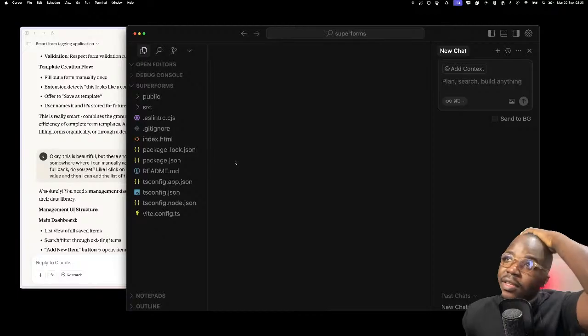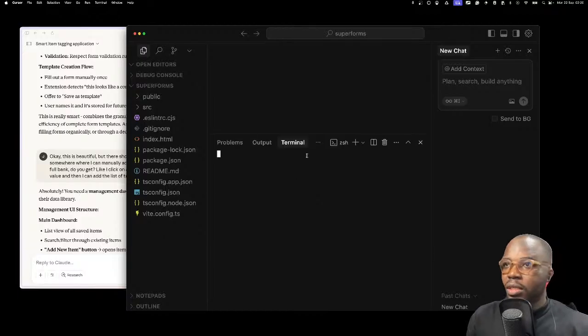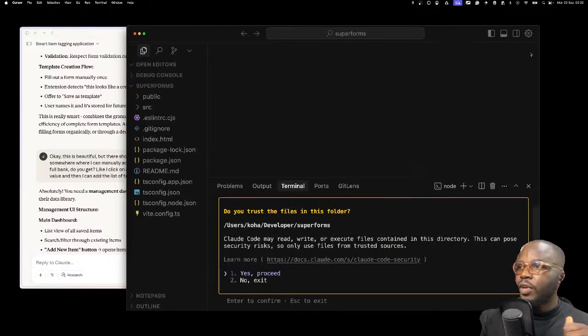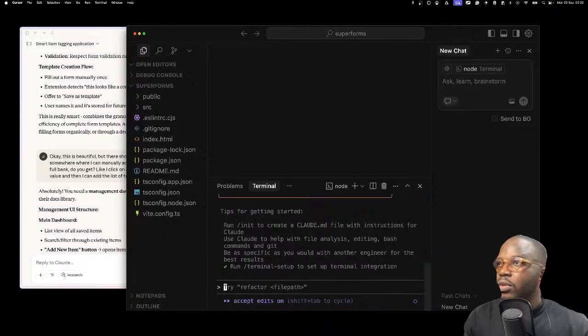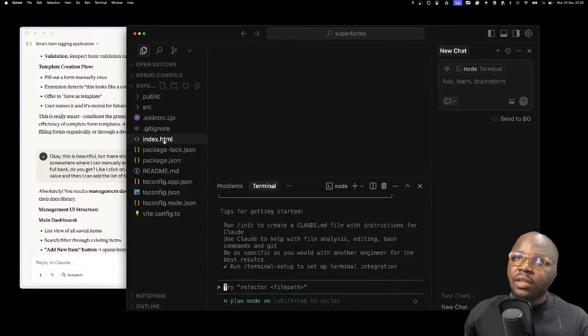All right. So this is the Chrome extension boilerplate that I just cloned. I don't understand what's going on right now, but I'm going to just turn on Claude. What you just do is go to your terminal and type claude if you're using Claude Code. And I'm using Claude Code. I paid for it and I use it. I also use the Cursor environment as well, but I usually use the ask feature when I need to understand something, because usually when Claude is going, it might take a while. So I want to actually keep doing something else while this is going. So this is a Vite project with React.